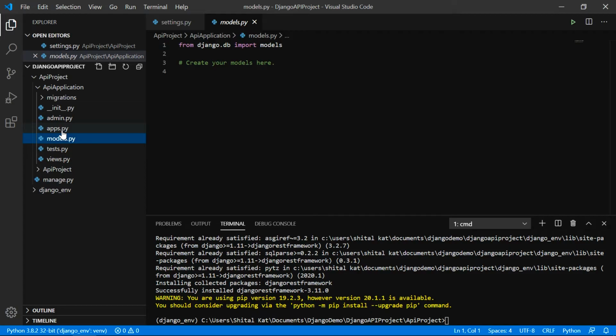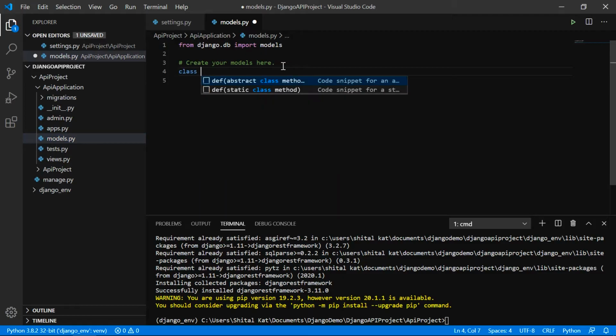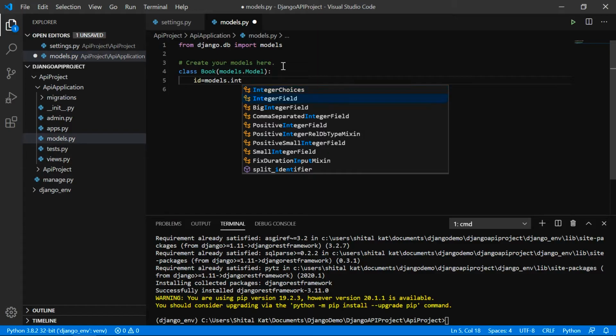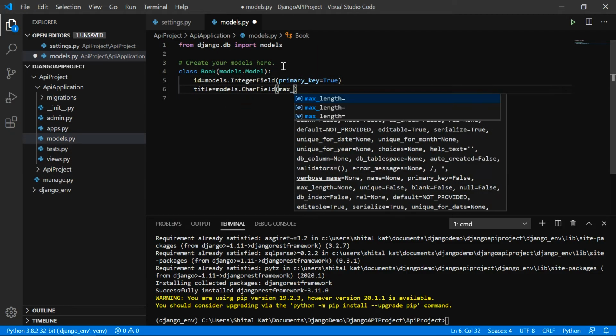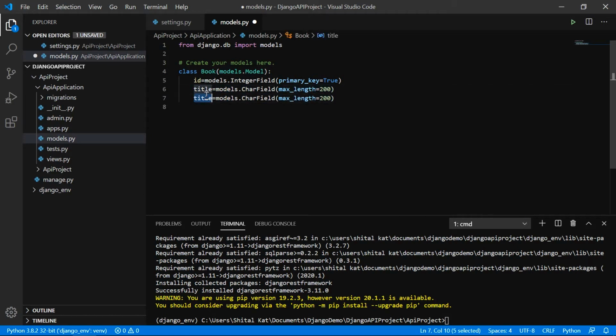So for this we have to create a book table. Django provides ORM, that is Object Relational Mapping. We just have to create a class for book. Django will automatically convert the class into a database table. And we can do all the operations like add, edit, delete with this book class, and Django will handle the database operation for us.